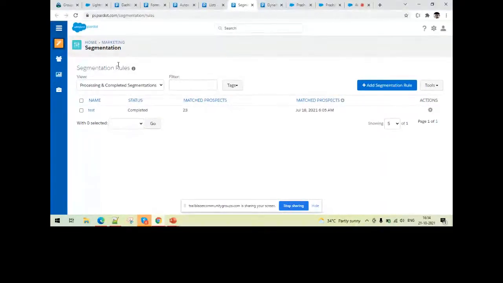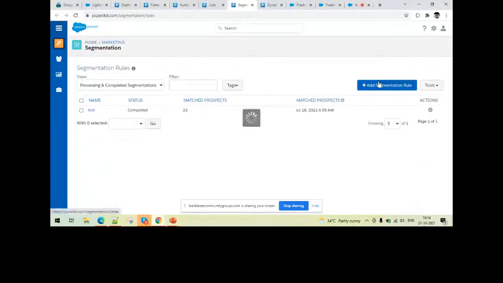What is the segmentation rule ideally? A segmentation rule is an automation that runs only once. Take this as an example. You have some 10,000 prospects, and you would like to segment them on the basis of industry. You would like to say, hey, prospect industry field equals health industry. You would like to segment in one go and then blast off the email right away. Because it's a one-time activity,